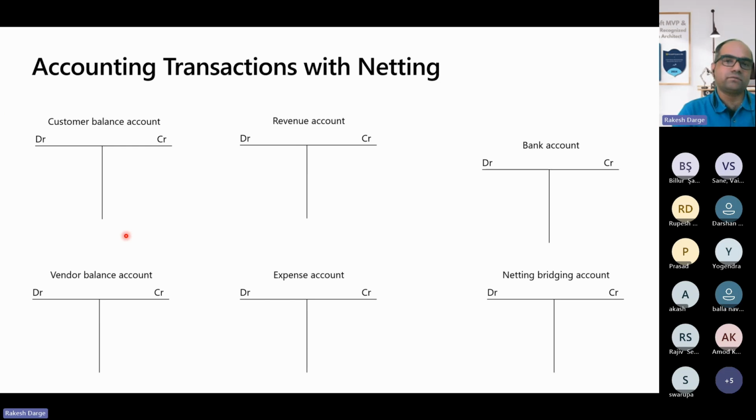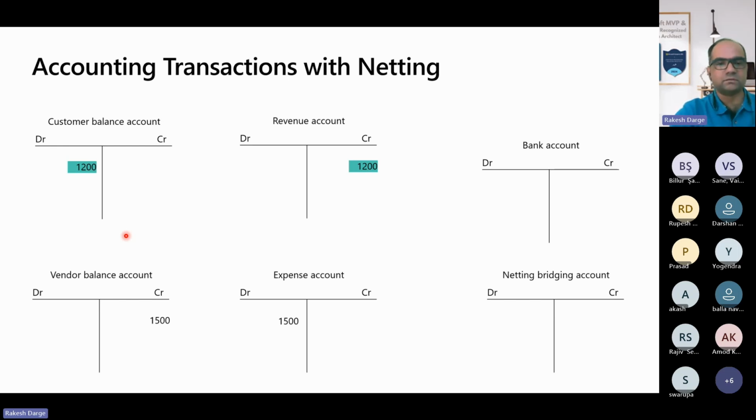If you're a finance consultant and you want to understand how the accounting entry works, in a similar case, when you do customer transactions or customer invoices, your customer balance account is going to be debited with the $1,200 as we have seen in the example earlier, and the revenue account is definitely going to be credited with 1,200. But when you perform any kind of vendor transaction, because here Brightwave is playing the role of both a customer and a vendor,